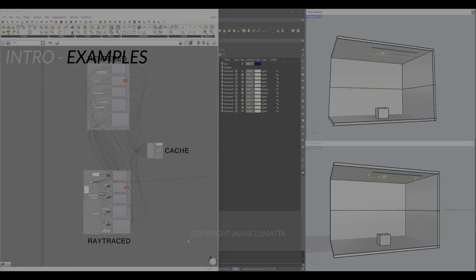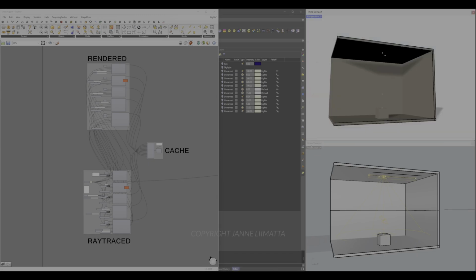Here is today's setup. In the middle you can see a peek of the Rhino's light tab. If you don't see this panel, you can right click on the edge and add it. On the left side we have the Grasshopper script. I have 2 sets of light components, one for each viewport, and a content cache that I will push the lights into. I'm going to change the viewports to match the script